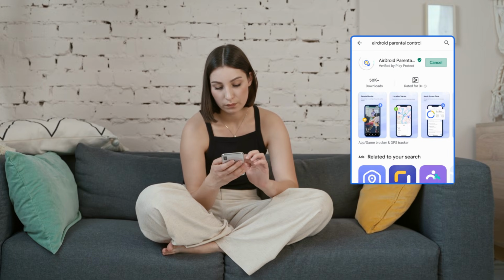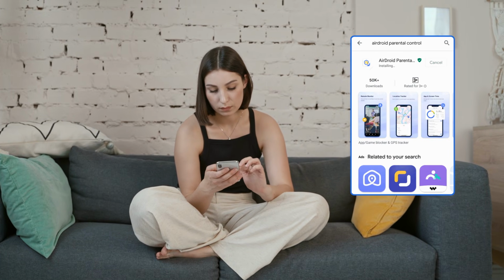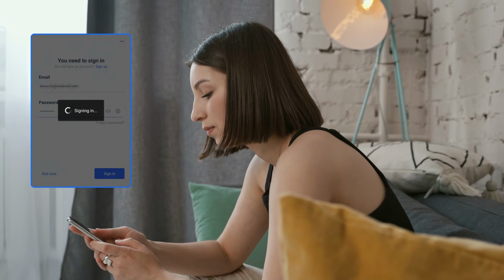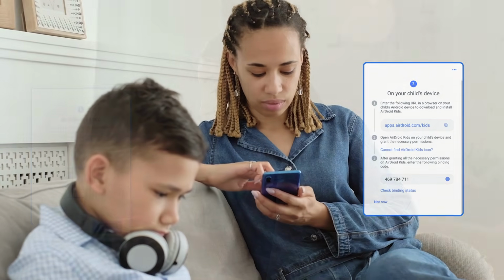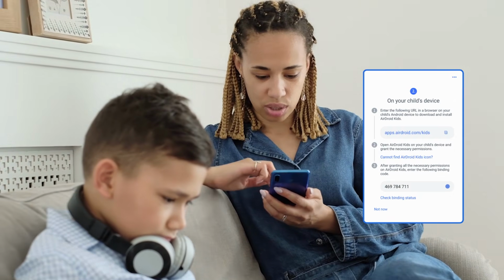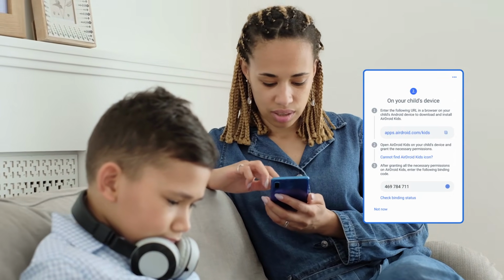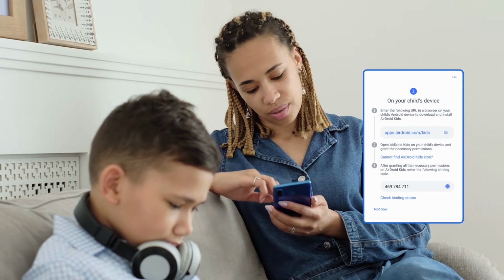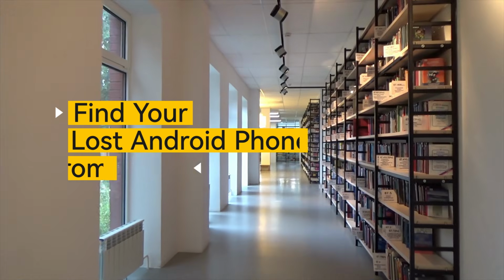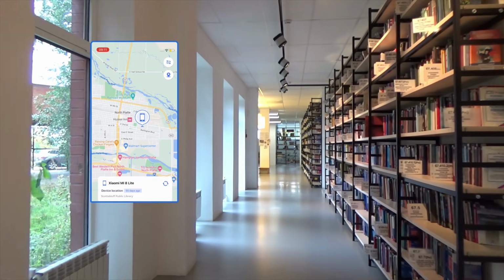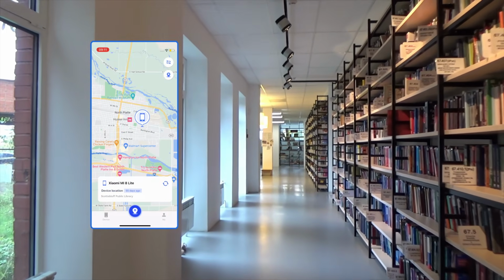First, install AirDroid Parental Control on your iPhone. Sign up for an AirDroid account and then sign in. Follow the instructions in AirDroid Parental Control to install the AirDroid Kids on your kid's Android smartphone and connect the device. In finding a missing Android from iPhone, AirDroid Parental Control is the best phone tracker out there, and this